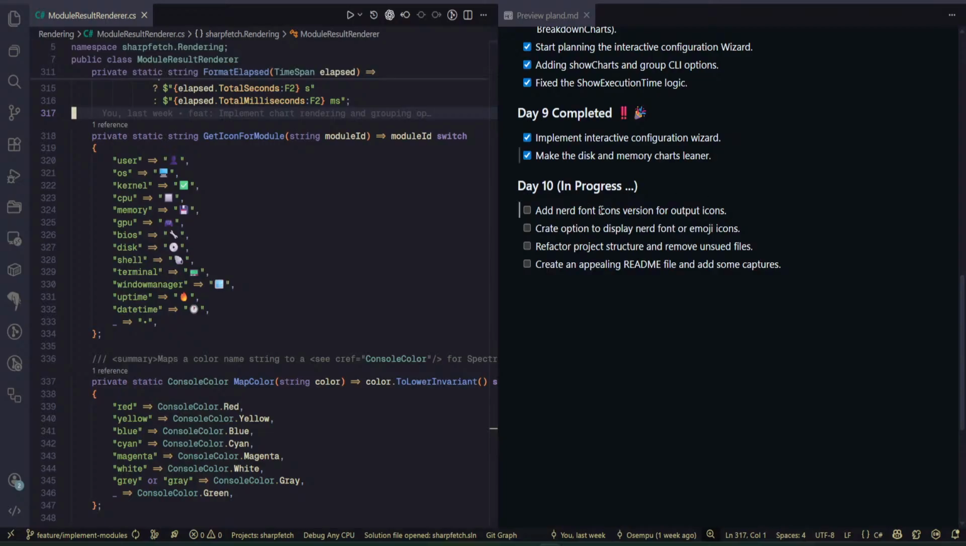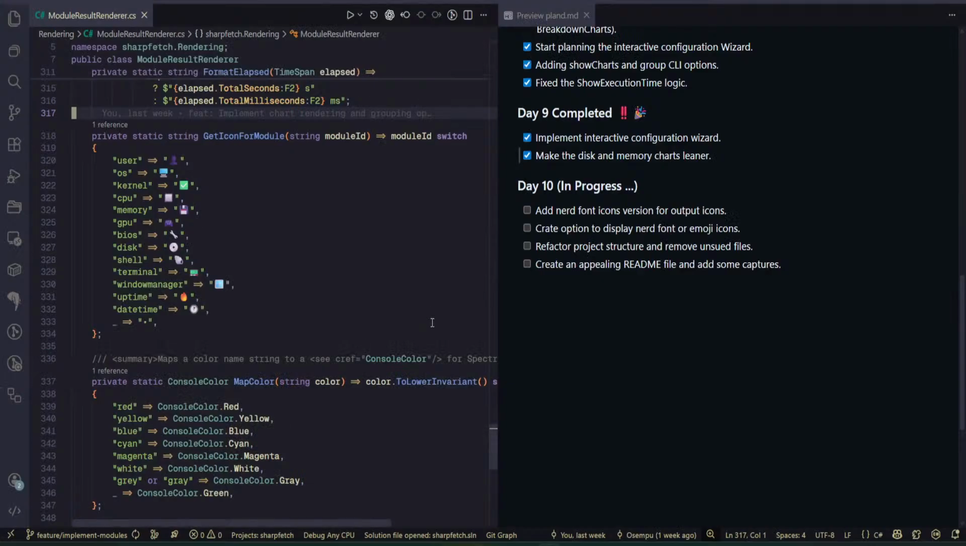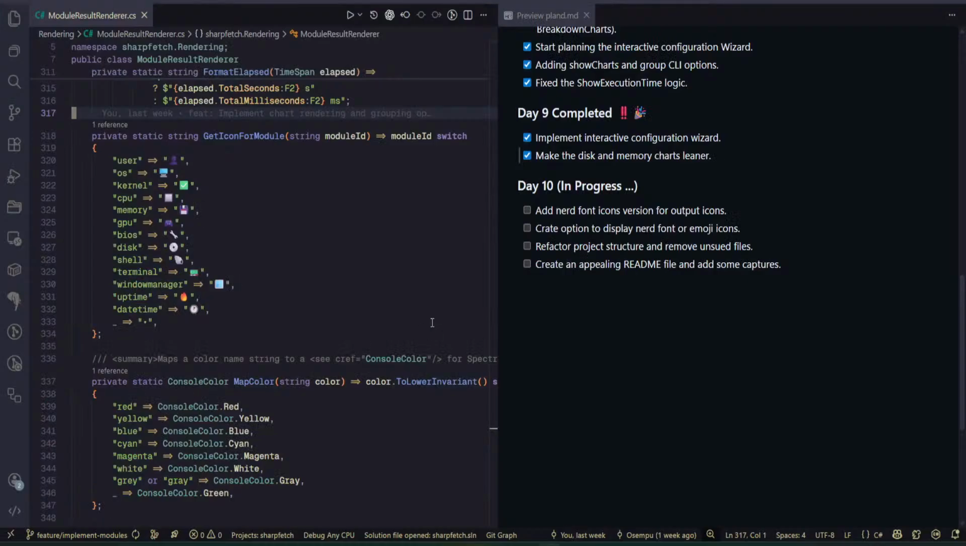Add nerd font icon version for output icons. Create options to display nerd font for icons. Okay, so now we can say something like, please now create. I think we have to think how can we ask OpenCode to implement this. Let me put this in the C Sharp expert mode. We're using Claude Sonnet right now, so I'm gonna ask it to